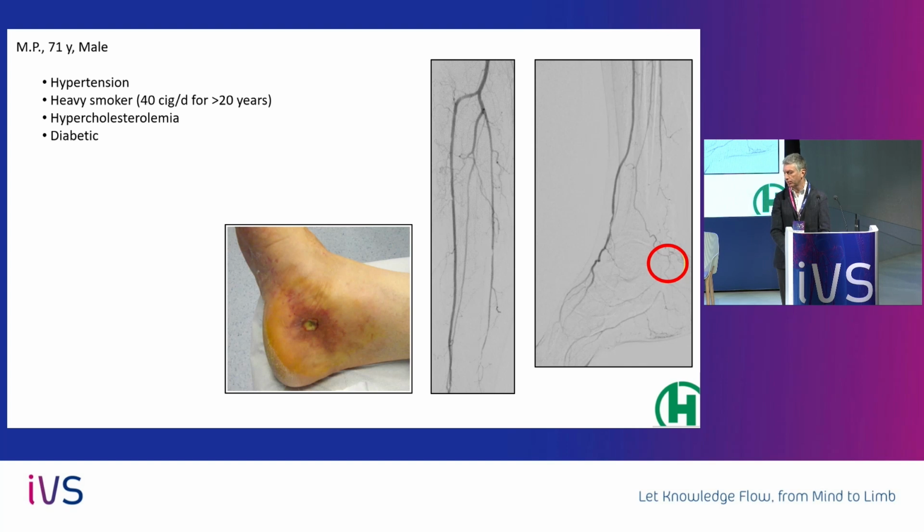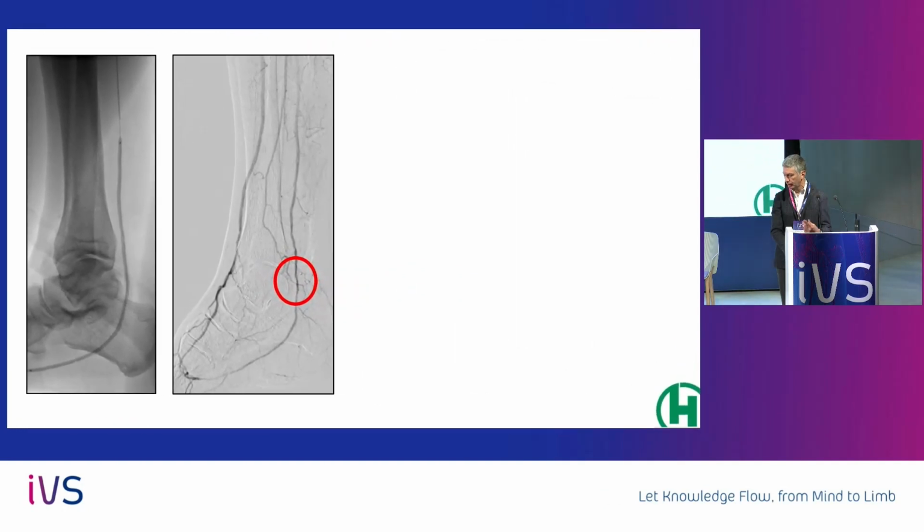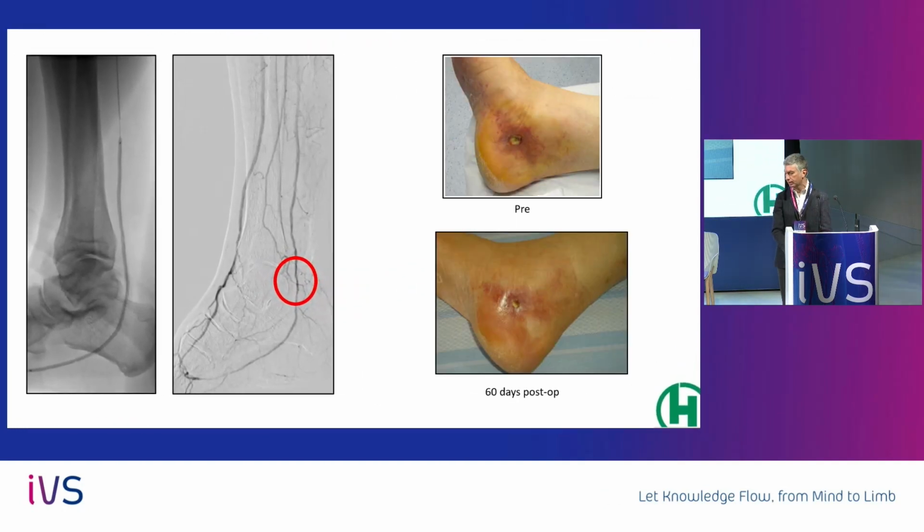Just to show you a case of a male patient, diabetic, with a small ulcer. You see there was a problem in the posterior tibial vessel. We tried to go straight forward with an antegrade approach, but this was not possible. So we decided to go from the anterior tibial. It was very nice. We performed a standard dilatation with a 3 mm balloon. You can see here we reconstructed the flow as usual in your practice,